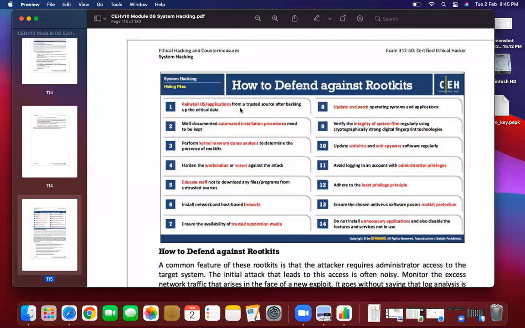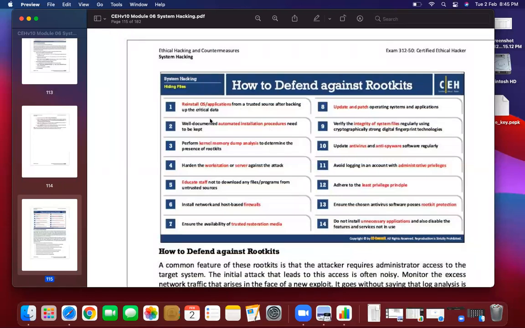That's the mistake which you make. If you reinstall the operating system, do not use a single piece of data from the previous operating system. The rootkit may have infected all the files which you have backed up. So first point is this, and the very easiest one is reinstalling the OS.